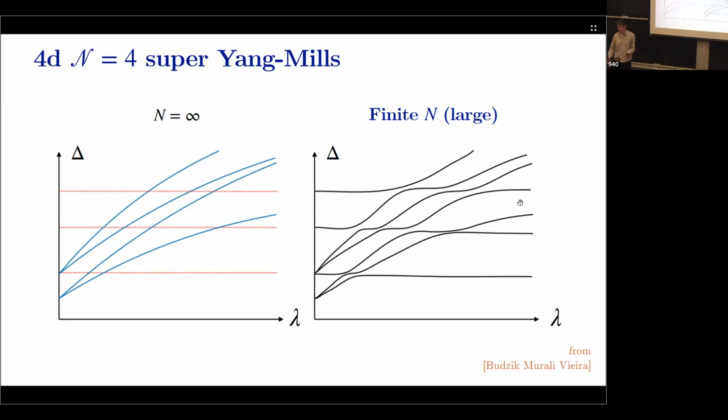So in this theory, it can't be true that all of the curves are concave anymore. The orange lines are protected operators, some protected double traces. So you see that all but the lowest one are bouncing around up and down. The level crossings get resolved, and they have to curve quite sharply in both directions, so they can't be concave. But the lowest state still looks concave. And this lowest state is going to be the domain of validity of my work. So I'm talking about the lowest state.